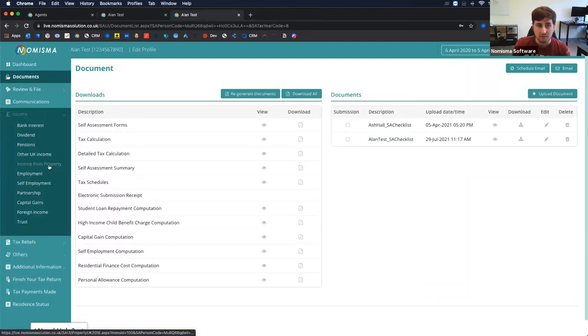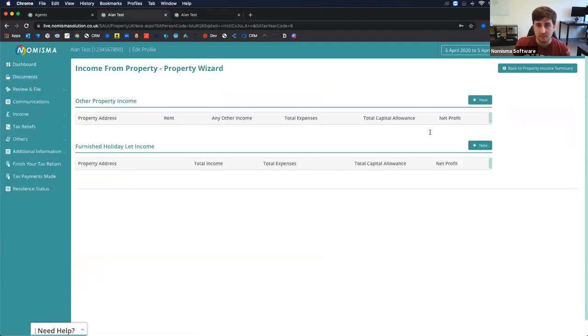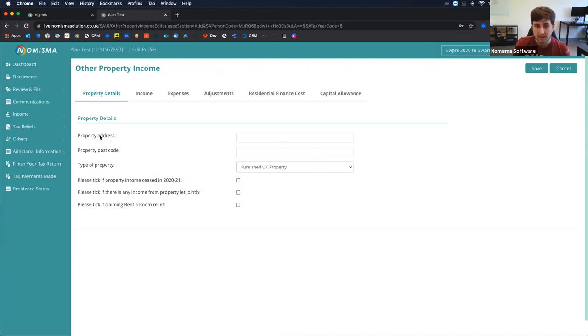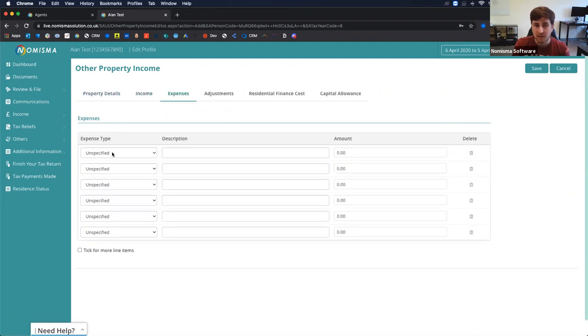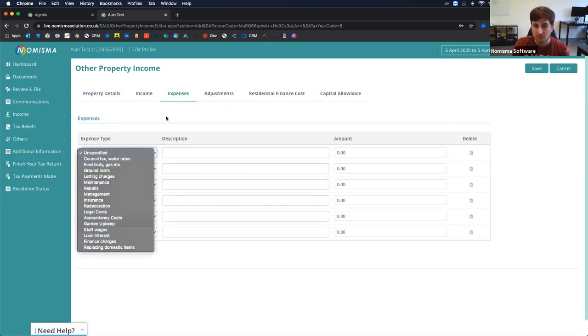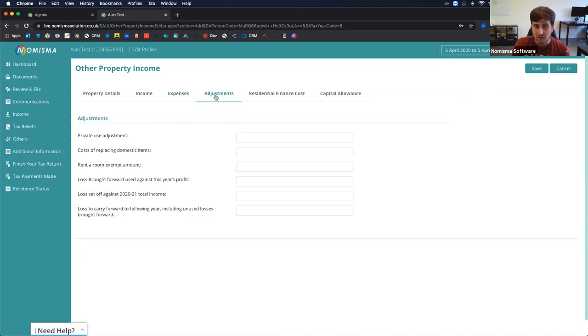So moving back to the income and looking at income from property, at this point, you can go through the process of adding new income. And you can then enter all of the property details. So their address, whether or not you're claiming rent a room relief, is it a furnished or unfurnished UK property? And then you can move on to income, your expenses, and we've got our expense types here for you, as well as adjustments that need to be made,